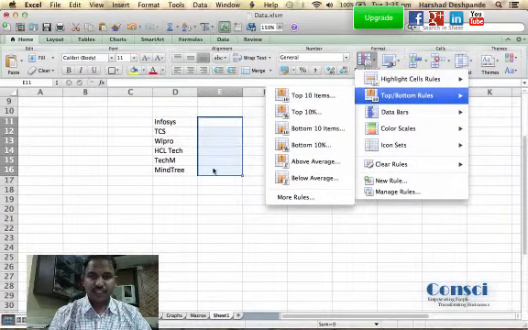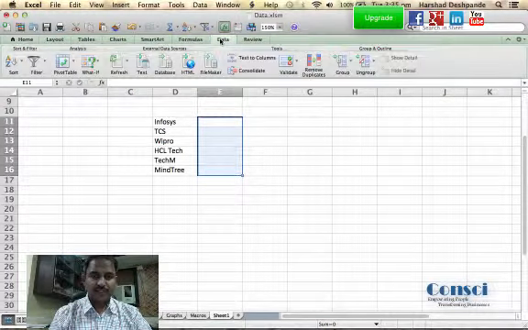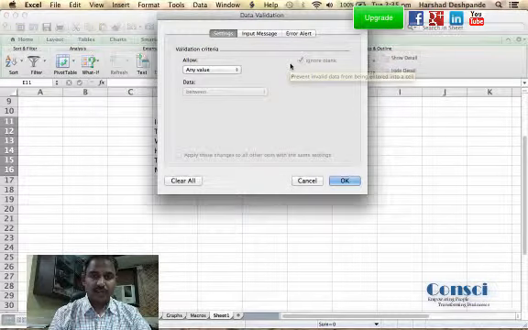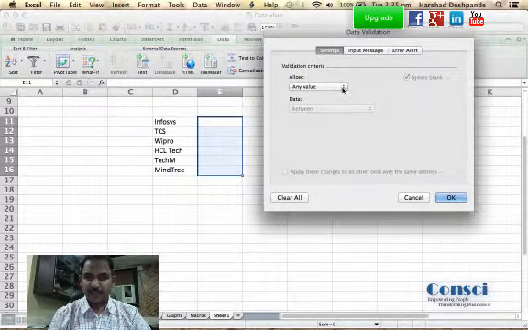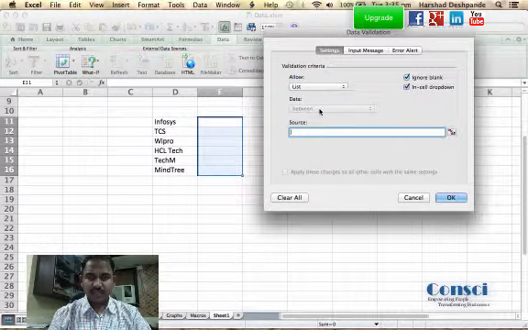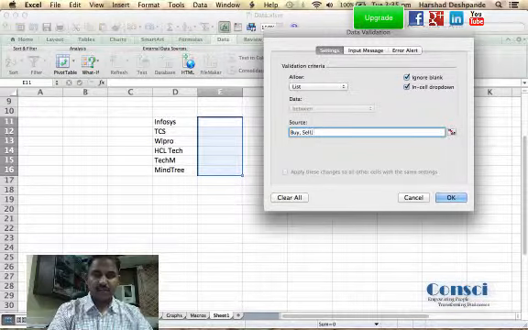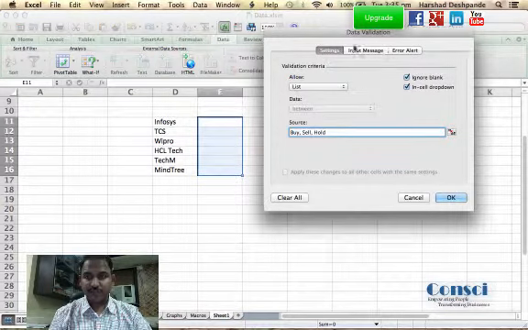You can explore other things on conditional formatting on your own depending on your requirements. So under Data, there is this next utility, which is data validation. Here I go to data validation. By default, any value is allowed. So I'm changing that to list, and in the list I am saying buy, sell, hold. This is the only thing that would be allowed to enter into this range that we have selected.